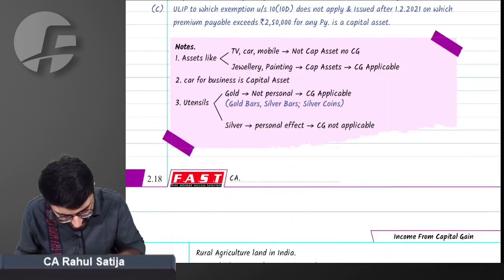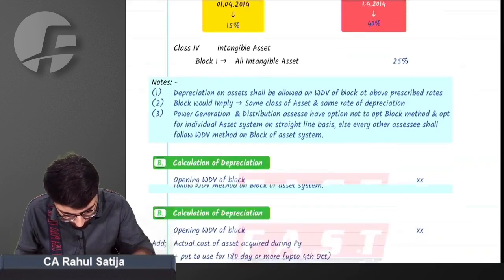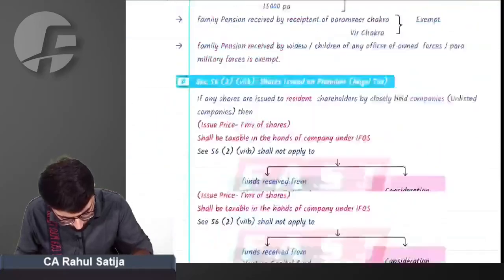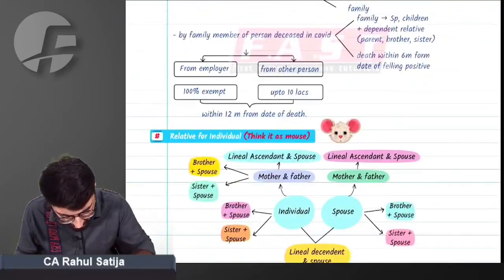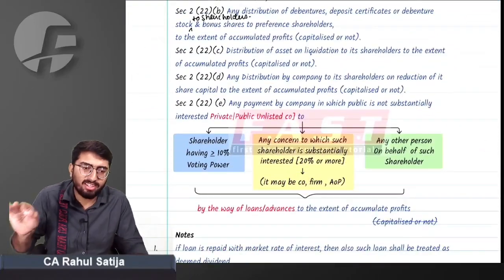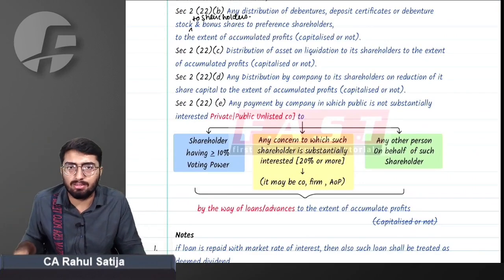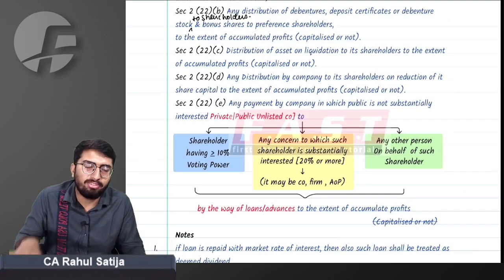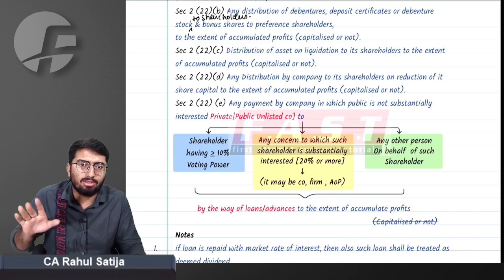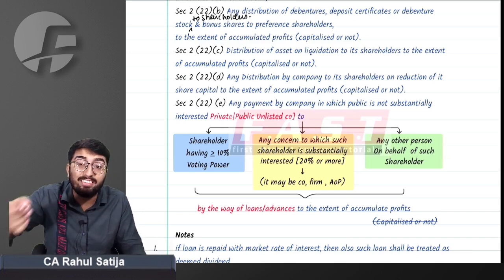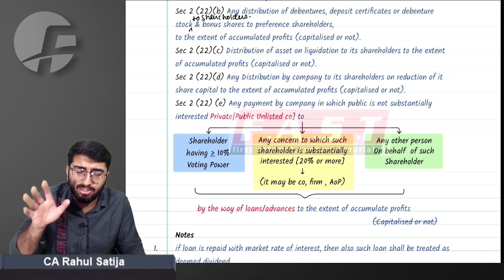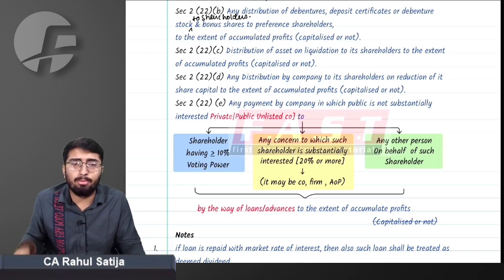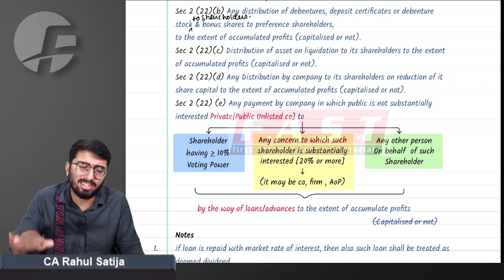Got this point or not? There is a catch that you all must be aware of. Whenever you do an FD, and that FD is necessary for the conduct of the business, whenever you do FD or security deposit or any kind of advance which is leviable for interest, and is necessary for the conduct of the business, then such interest will be taxable under the head other sources.